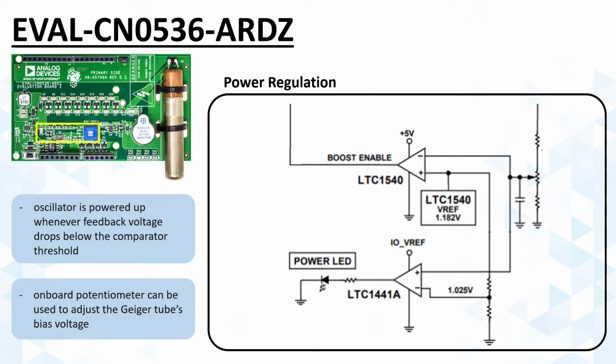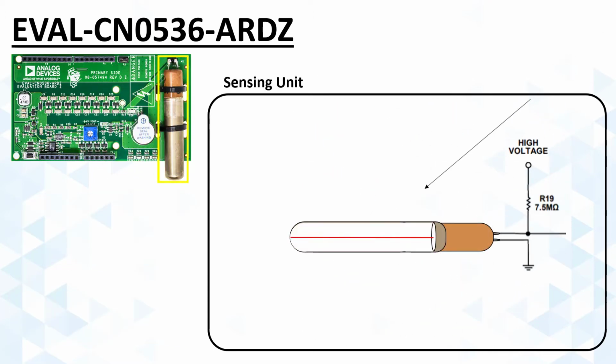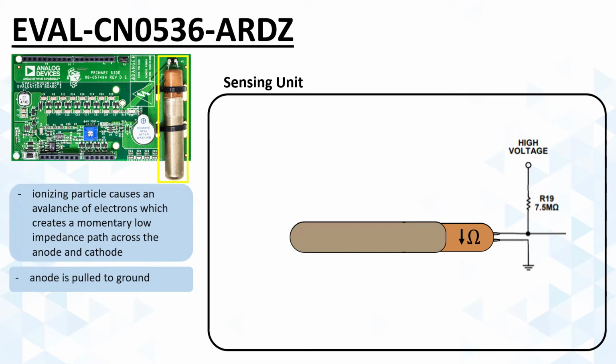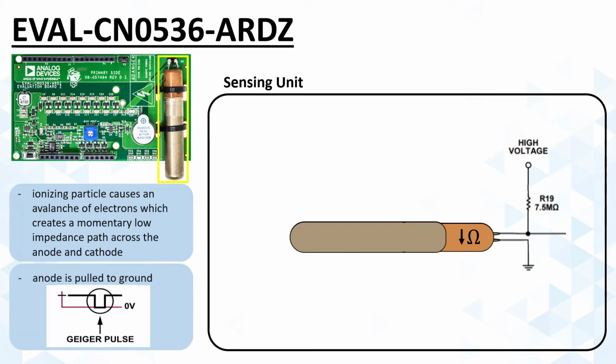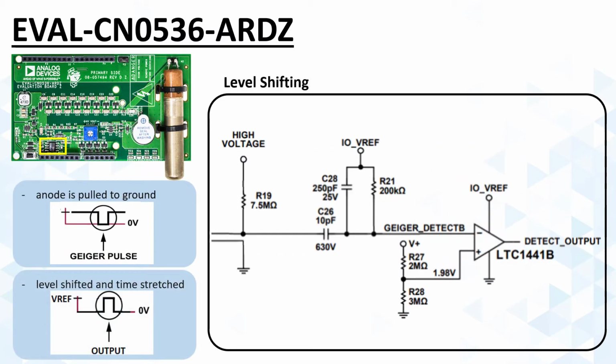Now that the Geiger-Müller tube is properly powered, let's talk about how it senses radiation. When an ionizing particle enters the tube, a cascade of ion pairs is generated, causing an avalanche of additional electrons. This creates a momentary low impedance path between the anode and the cathode terminals, resulting in a small electrical pulse. With the use of the LTC1441, this Geiger pulse is amplitude shifted and time stretched so that it can be